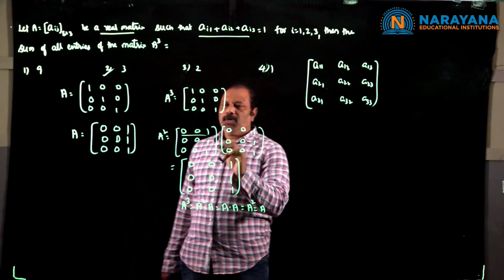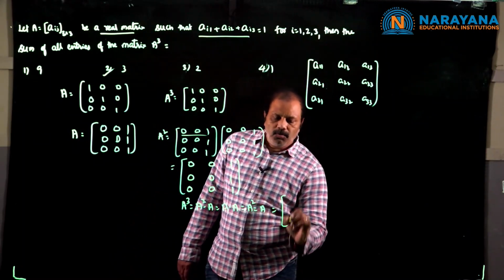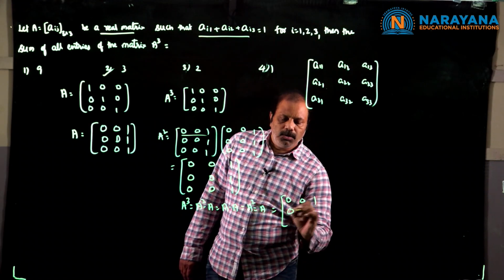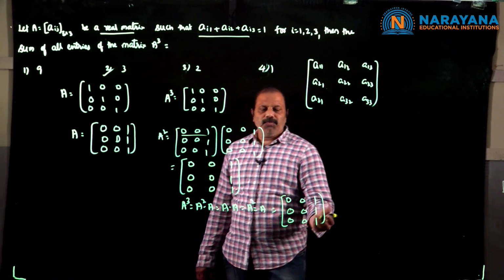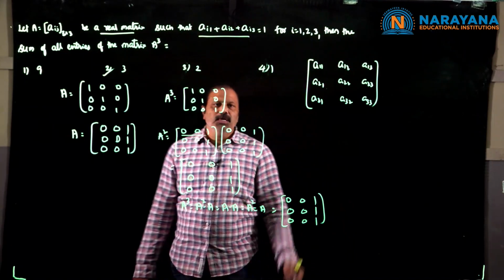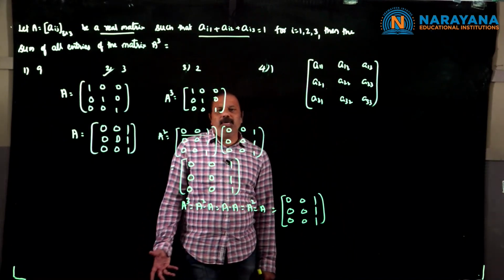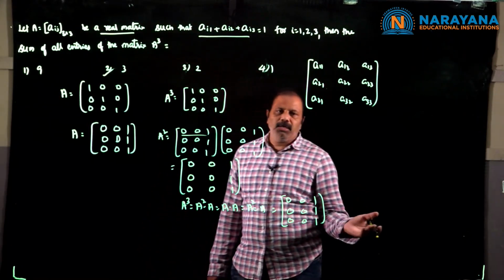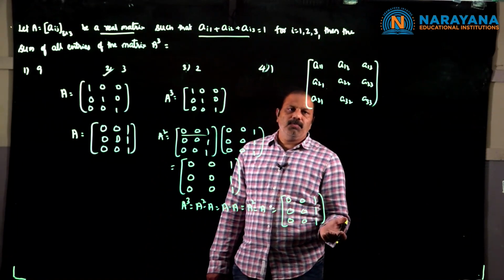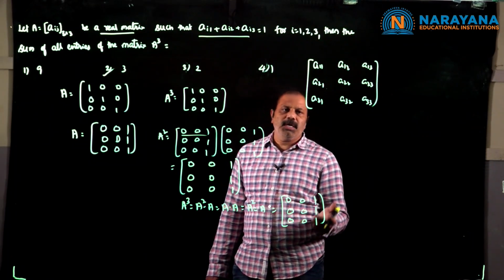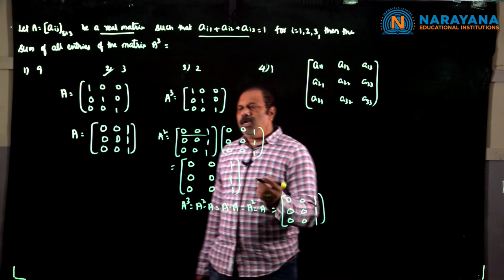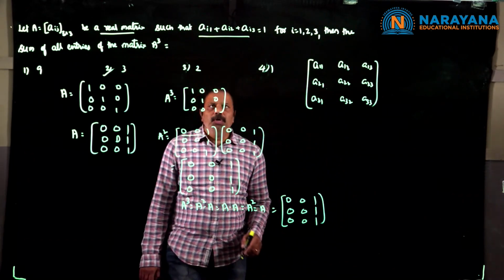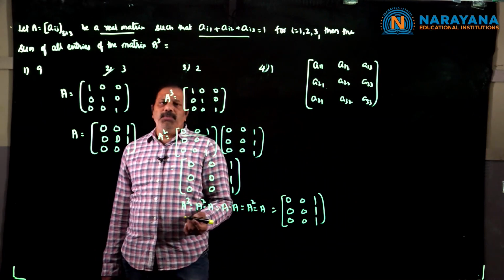Therefore A is nothing but the same, which is equal to 0, 0, 1, 0, 0, 1, 0, 0, 1. Here the sum of the elements of this matrix is equal to 3 only. Therefore, even if you take the general matrix, your calculation is going to be lengthy. Finally, we are going to arrive at the same statement, that the sum of the elements in A cube is equal to 3. So we can take a counter example to save time in the JEE Main examination.